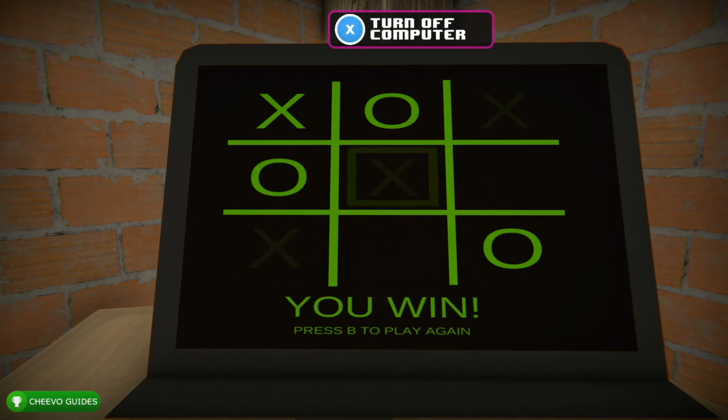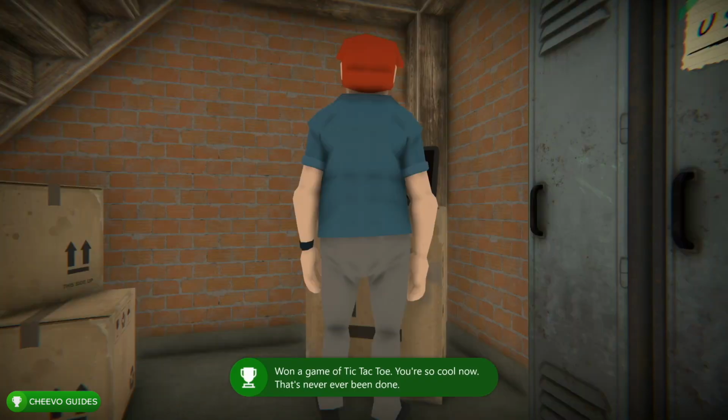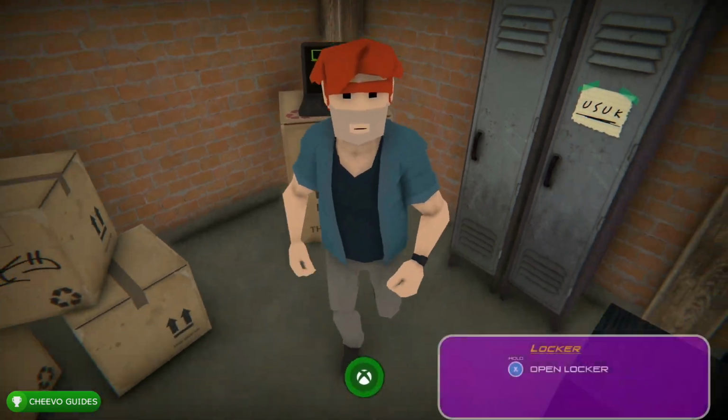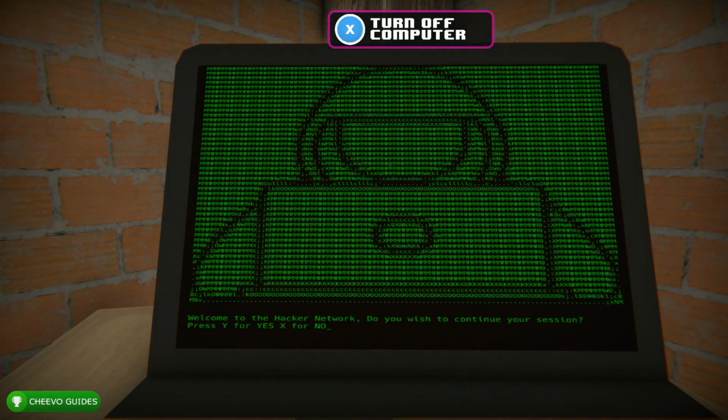That should give you a guaranteed win, and once you beat the computer, you should unlock the achievement for winning a game of tic-tac-toe. After that, don't leave the computer quite yet. You want to select the second option, which is to hack the computer. That'll start up this screen right here, and then you're going to want to press Y for yes, and then